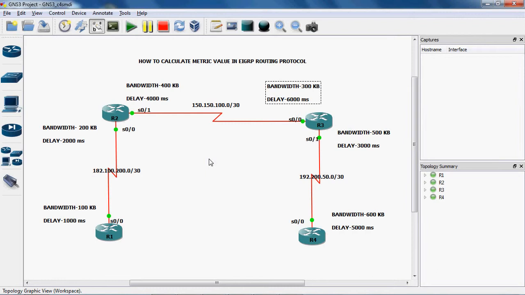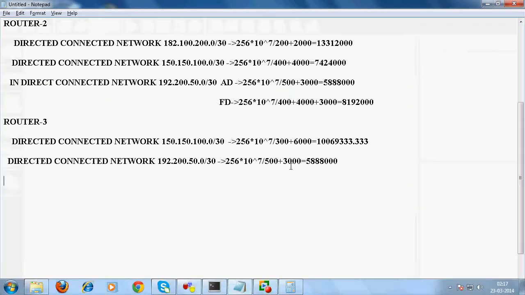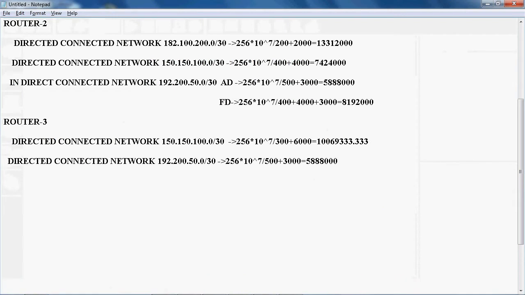First of all, we can calculate the average distance. In average distance, we don't add the source value, so we leave it and just use this bandwidth and delay to find out the average distance. The indirect connected network is 182.100.200.0/30. So the formula is